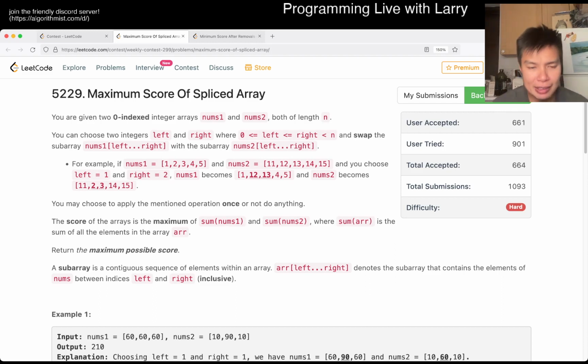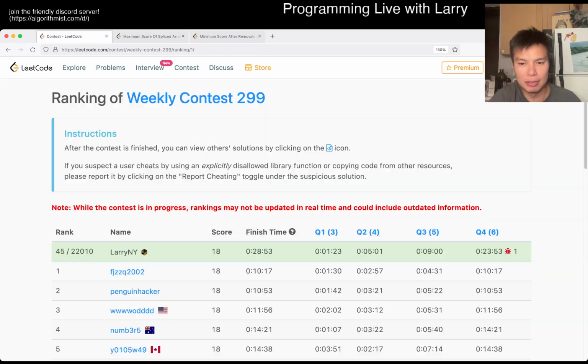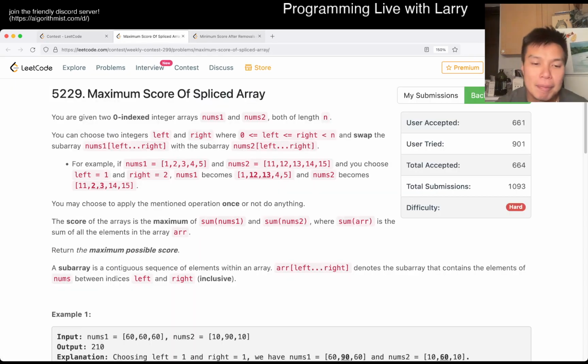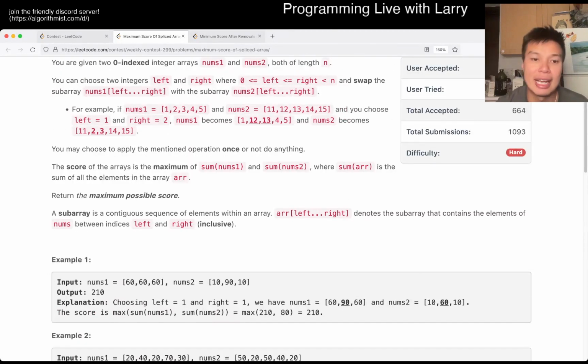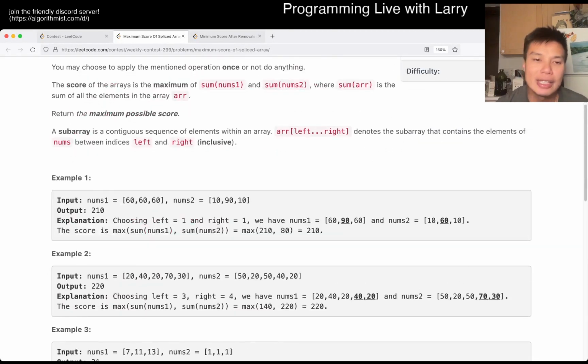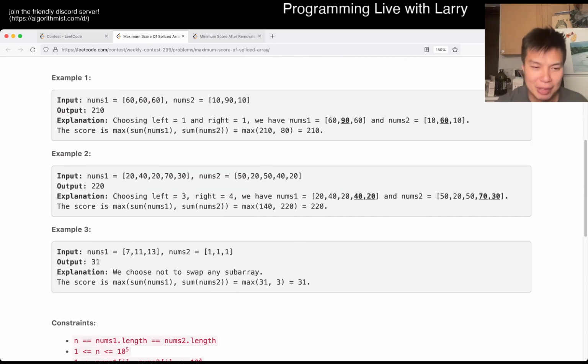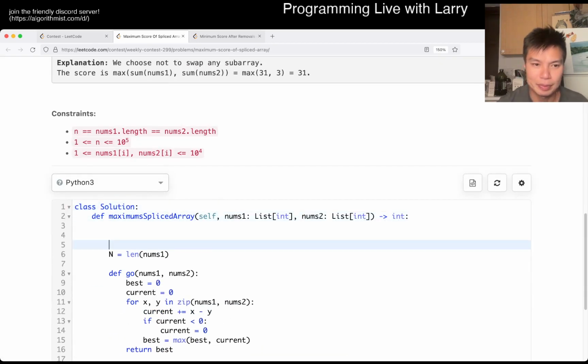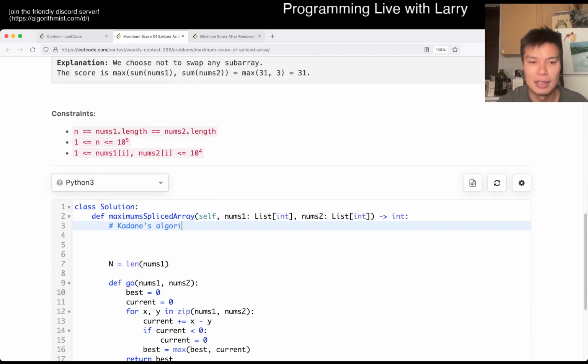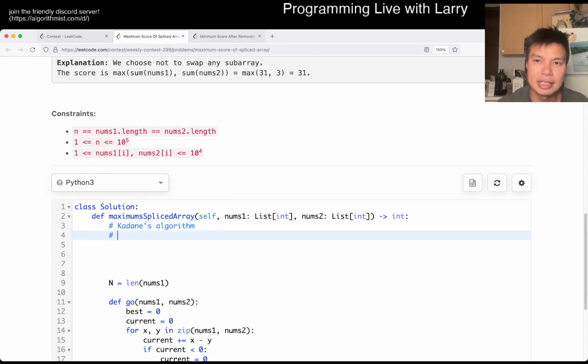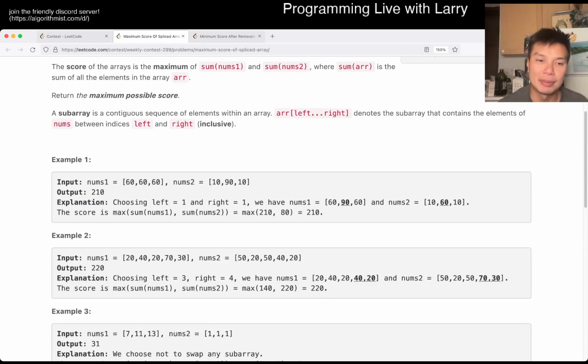So this one was actually kind of tricky. I kind of YOLO'd a little bit during the contest, and from my solution, I get why people got it very quickly in like a couple of minutes, which, if you ask me, is ridiculous. But the way that I did it is by using Kadane's algorithm, right? So the idea here, let me actually type this out real quick. Kadane's algorithm, and the idea here is Kadane's algorithm on the delta of the arrays, meaning that, for example,